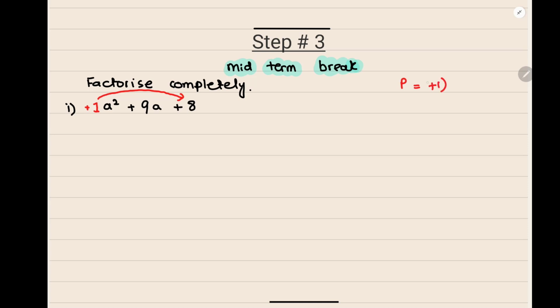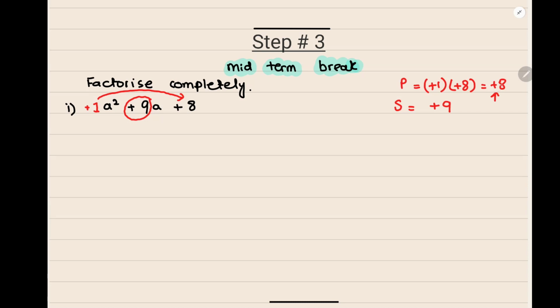So +1 times +8. So I'm getting a +8. Okay. Now the coefficient of the middle term will be our sum target. So it should be +9. Now, what I have to do,